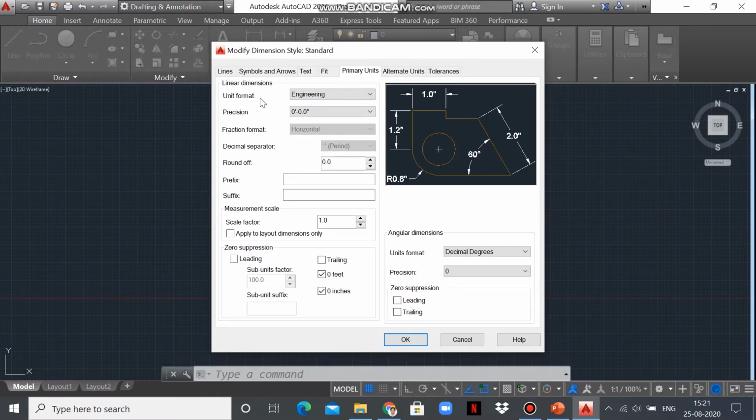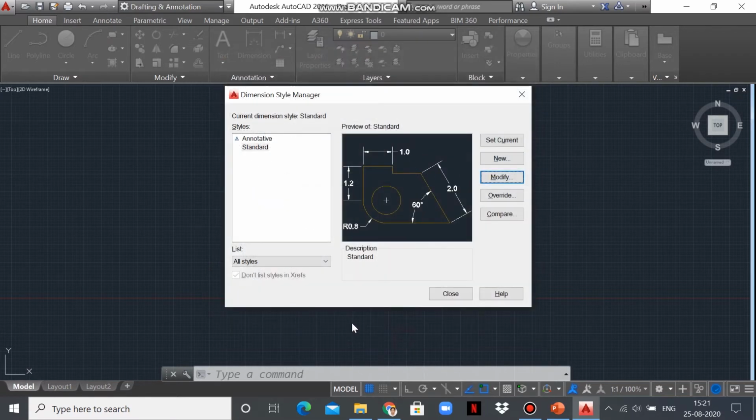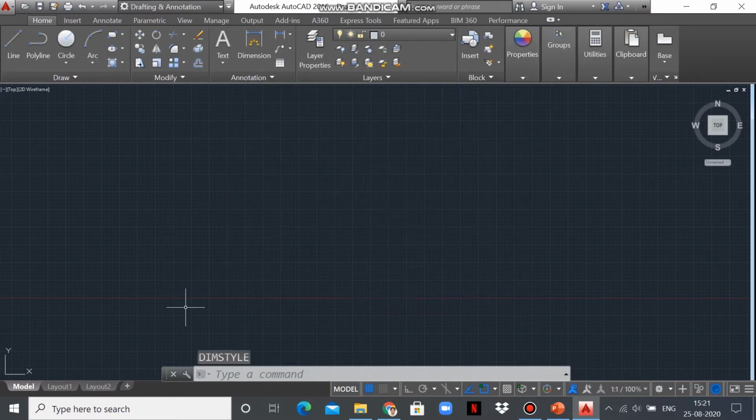Select unit format from this drop box. So select decimal from here and precision value 0.0. Now click on OK, and after modification click on set current and close it. So we have set up the metric system unit.